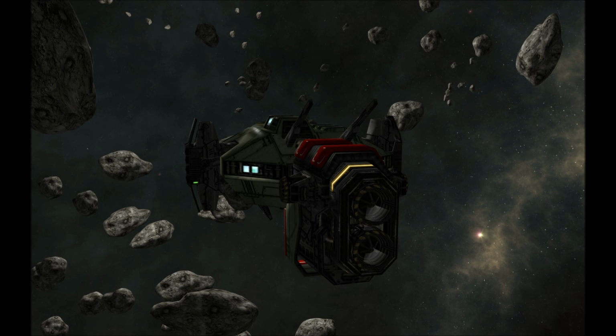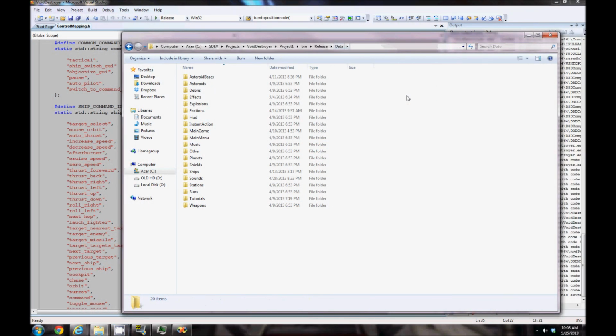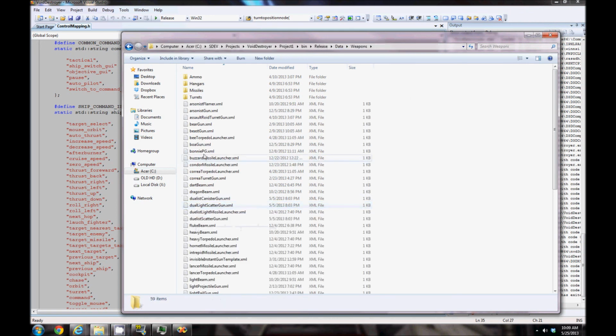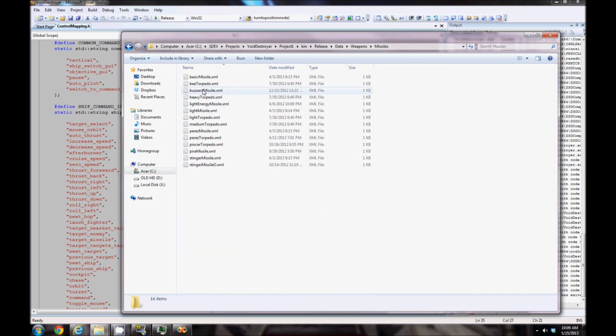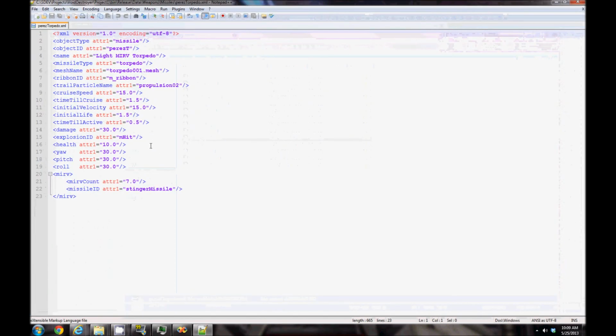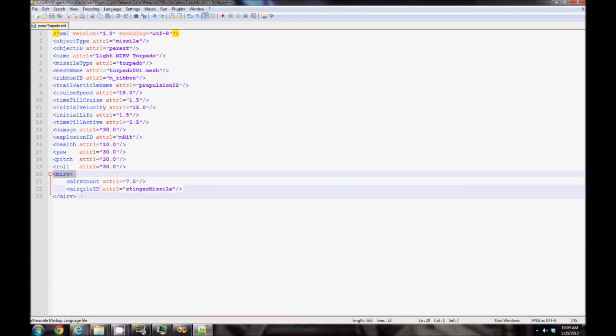Let's have more missiles. So in our data directory we have a folder called weapons. That's where we're gonna go. And here we have missile launchers, projectiles, turrets, all sorts of cool stuff. We are going to go to the missile directory. And we are going to find that missile that split into other missiles. Here it is. We're going to open that up, and it launches this MERV tag of count 7, launches this missile here. So what we're going to do, we're going to copy this,